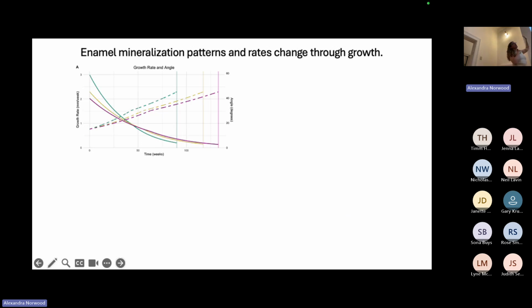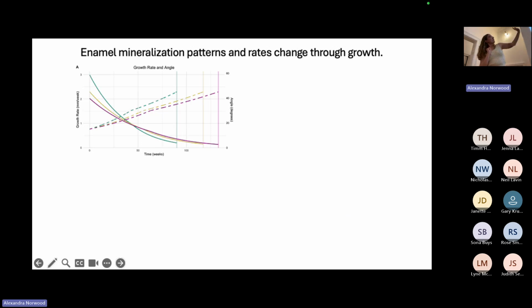And the y-axis on your left is showing you the decreasing growth rate through time. So your enamel is slowing down as it grows. And that means that you're averaging more time and more change into the same amount of enamel later in the tooth growth than you are earlier in the tooth growth. Earlier in the tooth growth, you're growing fast, you're recording just a moment, and then you're on to the next segment of enamel. Later in the tooth, it's growing slower, you're capturing way more time in any specific piece.